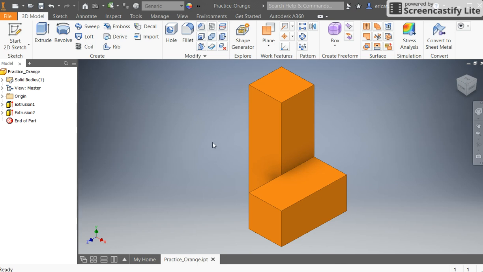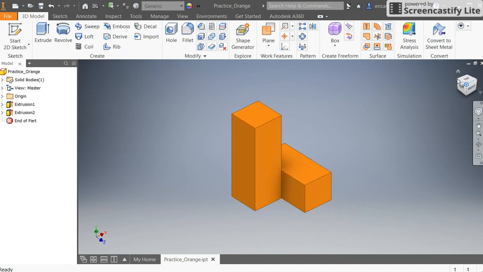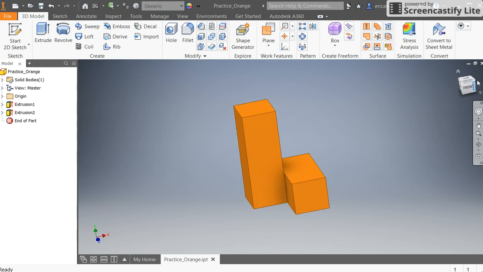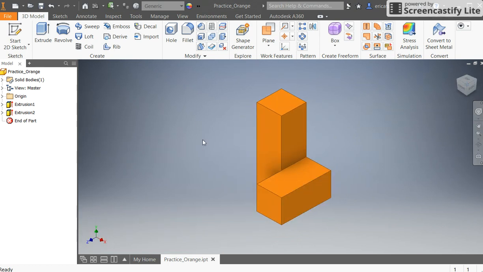Hi everybody, in this tutorial I'm going to show you how to make a puzzle cube part in Inventor. This model is relatively easy to make. It just takes a couple tips and tricks and knowledge of how to use the Autodesk Inventor Professional program. I will show you two methods of modeling, and that's how to use the Additive Method and the Subtractive Method